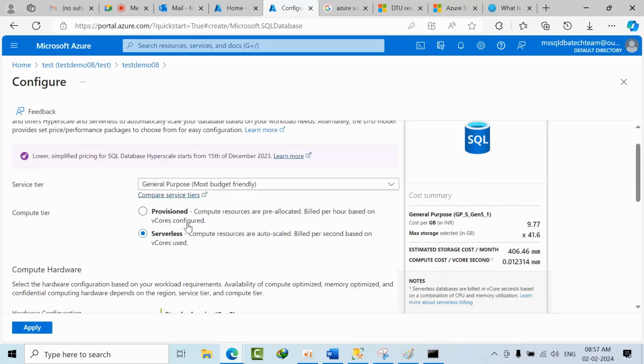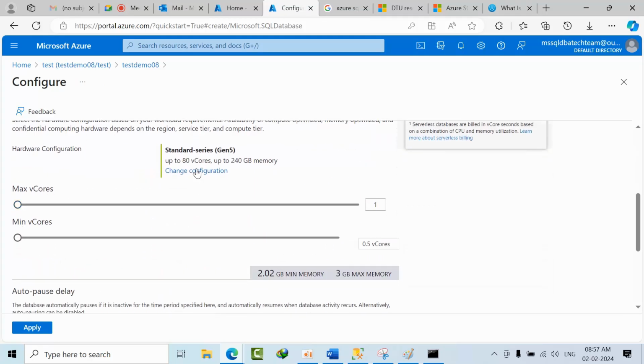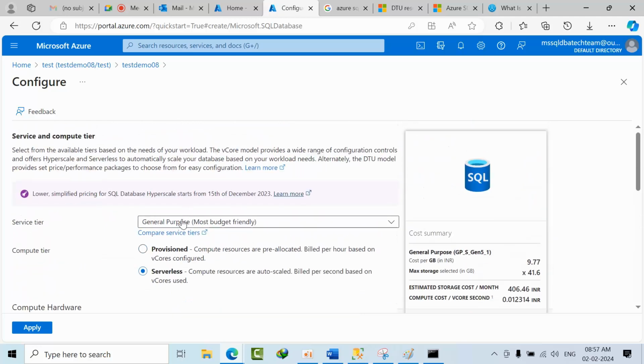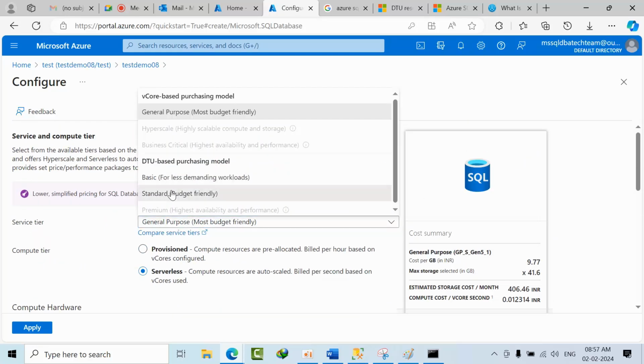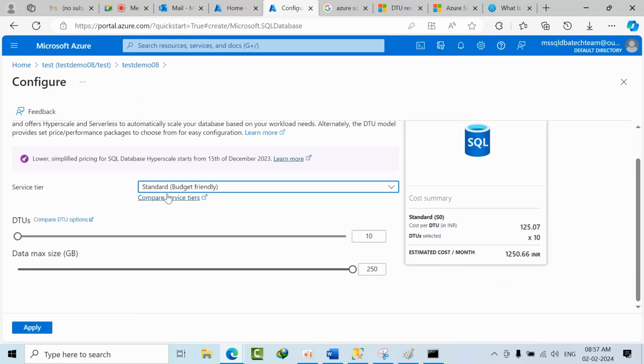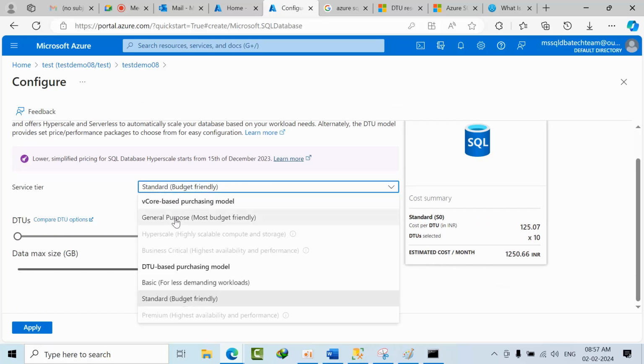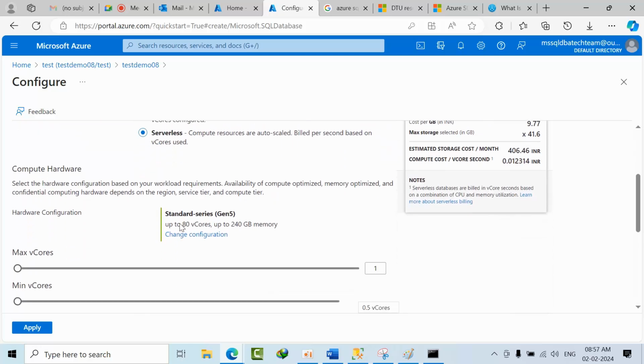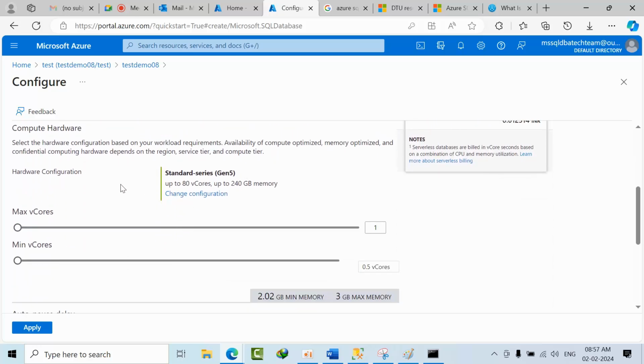If I go with basic, I don't have standard. In premium we don't have anything. If I go with the vCore purchasing model, for general purpose, the hardware configuration goes up to 220 GB.